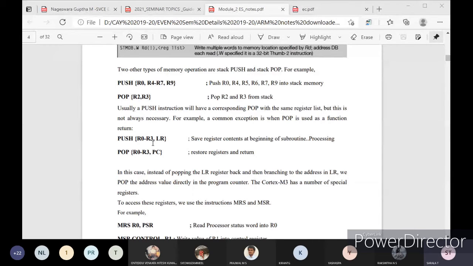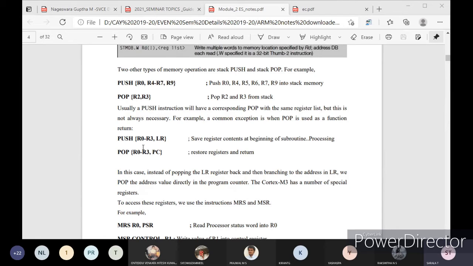Link register means the address of the function, the subroutine, wherever the subroutine is present. Link register will be having the return address for when it has to return, and that return address has to be popped back, meaning after completion of the execution of the subroutine, you have to come out of that subroutine. That's why push will have that link register value.